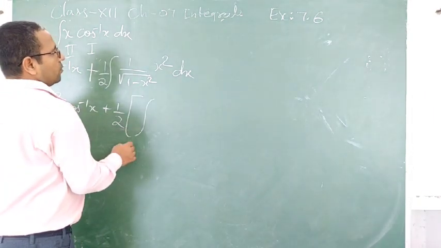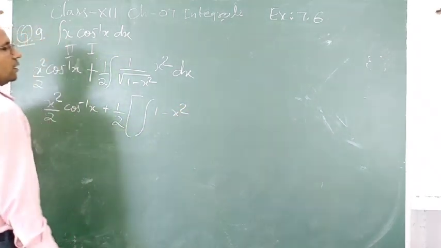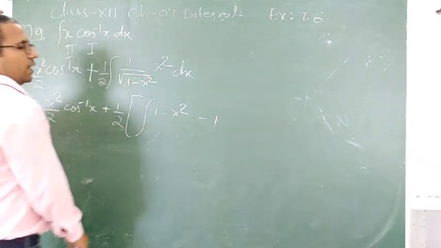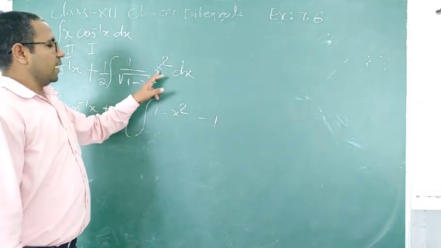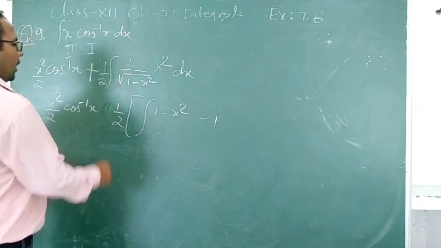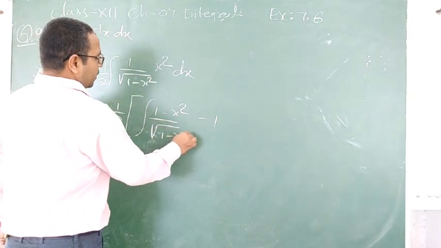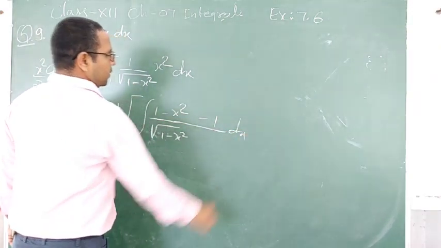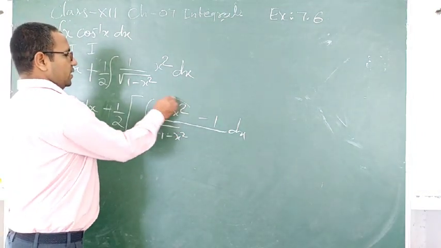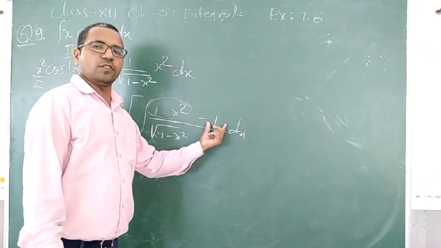So integral of, 1 minus x square we can arrange here, 1 minus x square, with minus. Plus 1 we have taken, so we have to take a negative sign here also, and plus x we have made minus x, so we have to take the negative sign common also. So then we will get root 1 minus x square along with all dx. Clear students? So now 1 minus x square, just keep this as the denominator of this portion, and a second time make it the denominator of this portion.